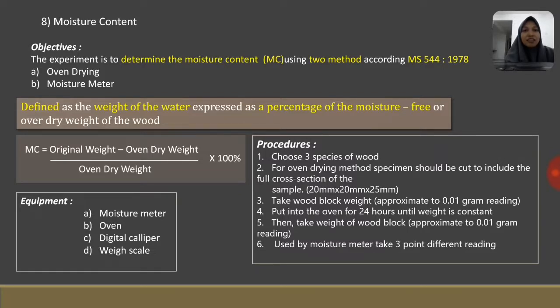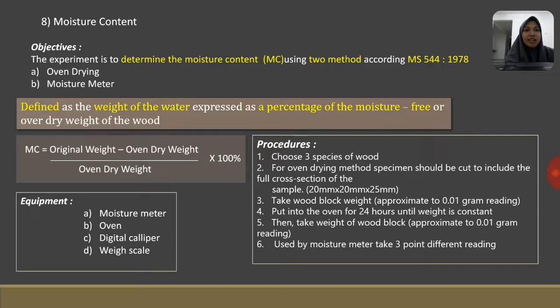Moisture content is defined as the weight of the water expressed as a percentage of the moisture free or oven dry weight of the wood. Formula for the calculation of the percentage moisture content is original weight minus oven dry weight over oven dry weight